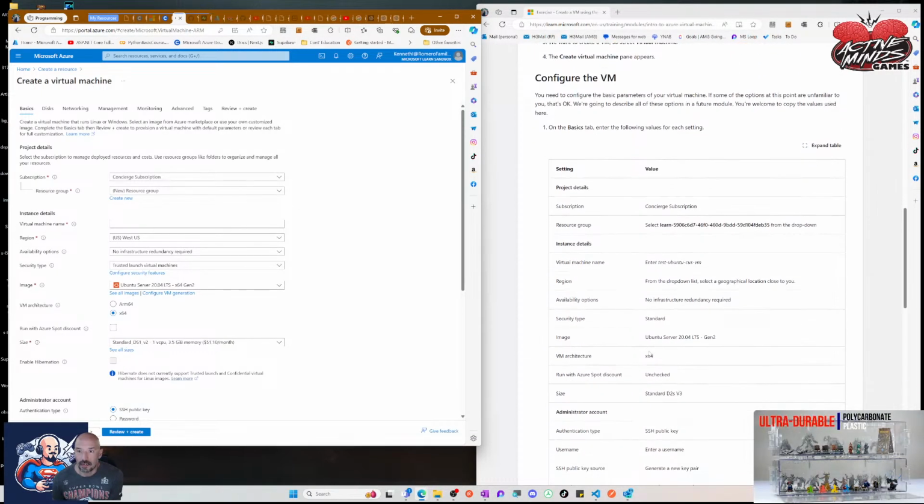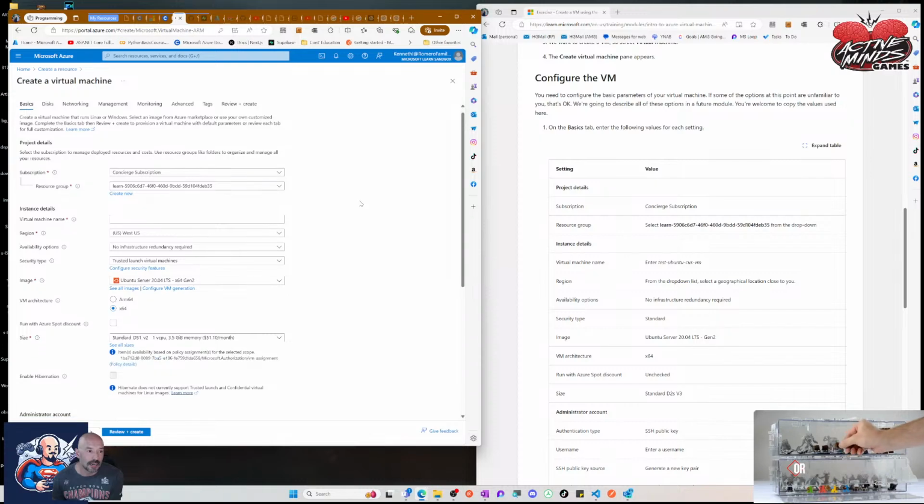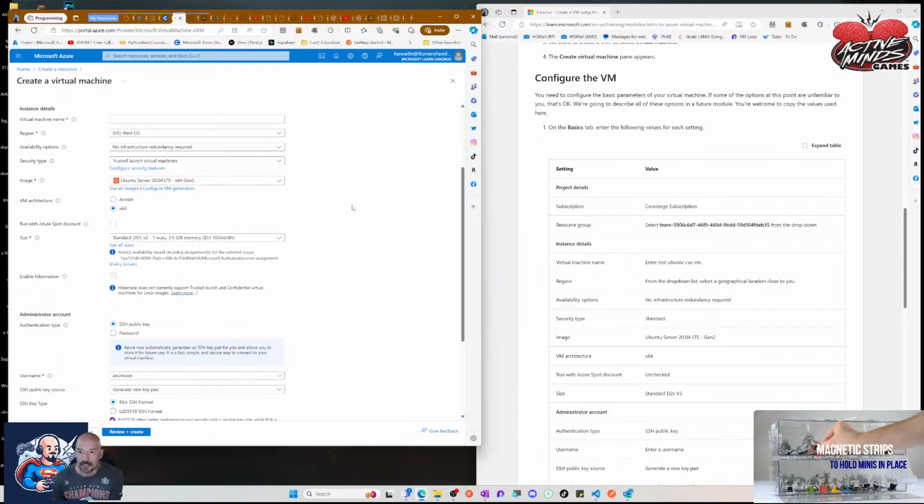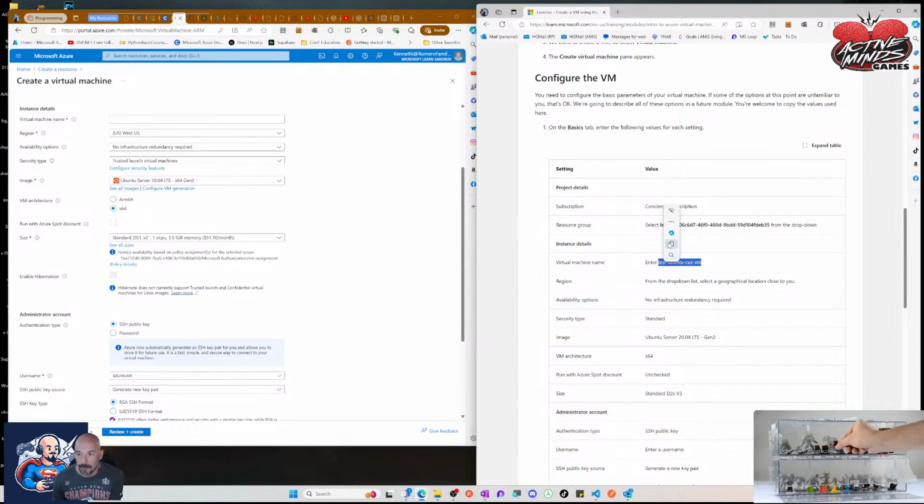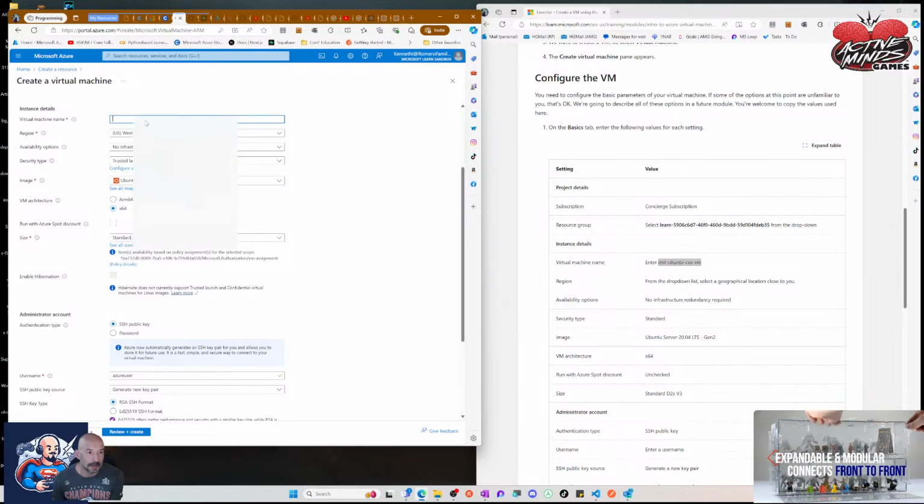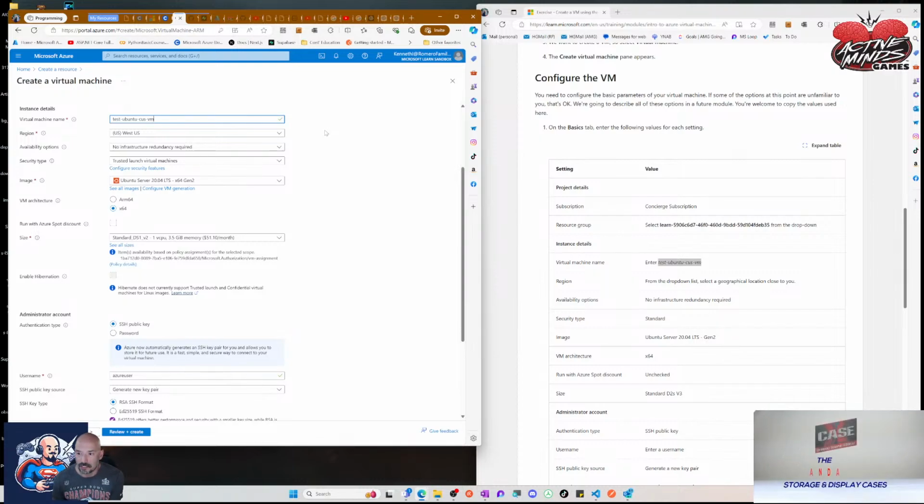Now we're going to go through here on the basics tab, enter the following: subscription, which is our concierge subscription. Resource group is going to be this thing. Virtual machine name is going to be test Ubuntu C. I'm just going to copy that because it is long and I don't want to type it. We will pop that right into the machine name here. From the drop-down list, US West is fine, no infrastructure redundancy required,